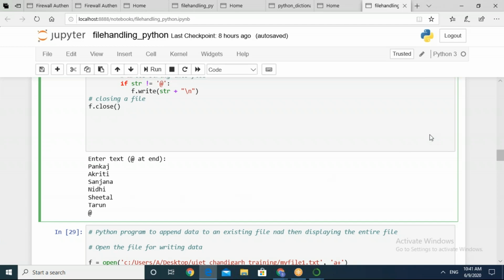So I request all of you to do it. Take 5 minutes and do this. आपने एक स्ट्रिंग रीड करनी है, उसमें न्यू लाइन कैरेक्टर कनकैट करके उसको फिर राइट करना है, and you keep on doing this till you enter at the rate, and show me your output if you are able to get with success. Take your time.